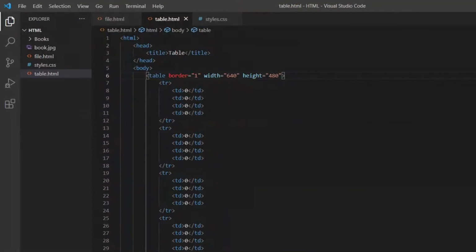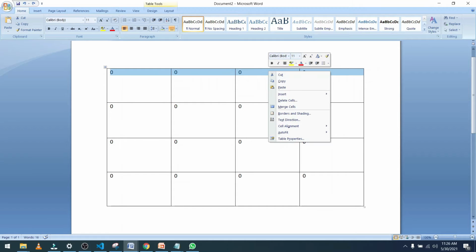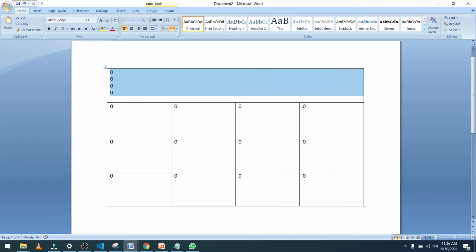Now what I want is to merge these 4 cells. To merge these 4 cells in Microsoft Word, we select the first 4 cells, then we right click and say merge cells. You can see that it has merged the cells and it has put 0, 0, 0, 0. I don't need these additional zeros, so I put in 1 0 as you can see, and it has merged all the 4 cells. The first cell got stretched to the 4 columns and it has removed the second, third, and the fourth cells. Try to understand that we are going to perform the same operation in HTML.